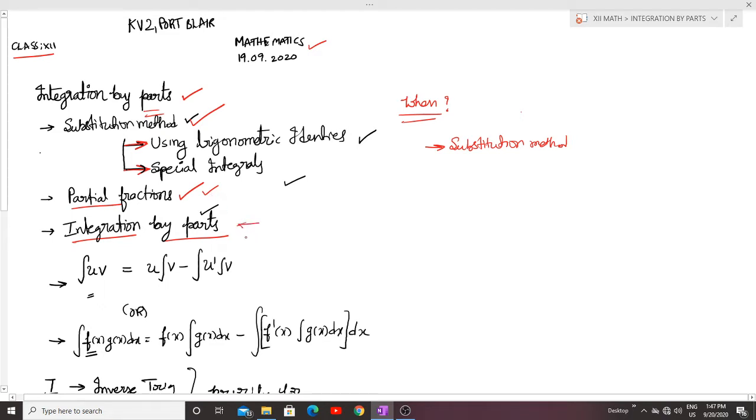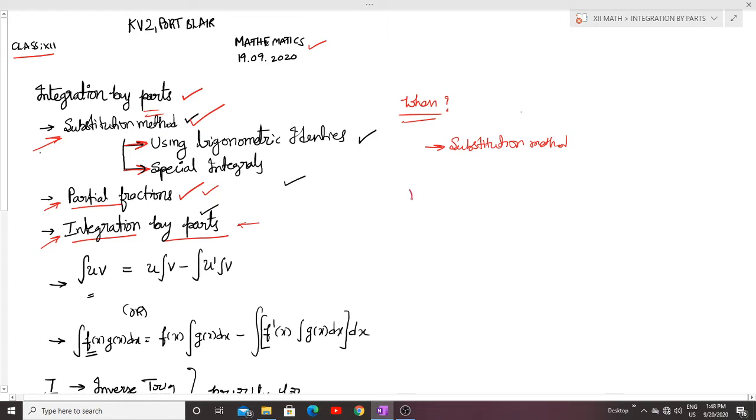That means for some questions we will be unable to take a substitution to t, or unable to solve by using partial fractions. At that time I have to think about an alternate method, which may be integration by parts. Integration has many parts and many ways of doing it, so we should learn each and every one.